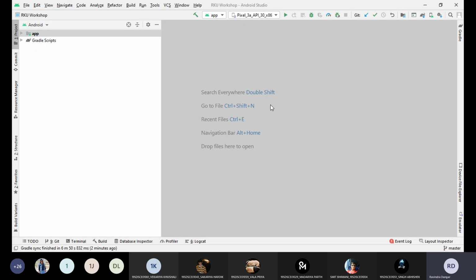Fine. Now, today we are going to create a new project. So I will let you know how to create a new application in Android Studio. And once I create the new application, then there will be more options. So what is the meaning of each folder and what is its importance, that we are going to discuss in today's session. And you can stop me whenever you feel that you are not getting it.